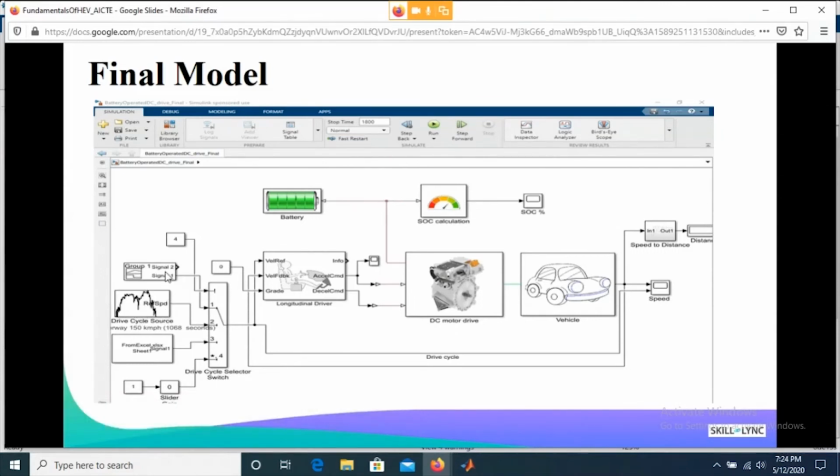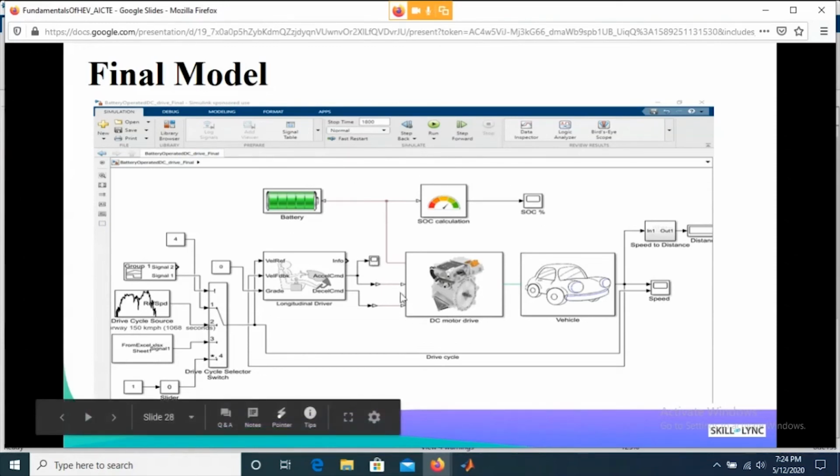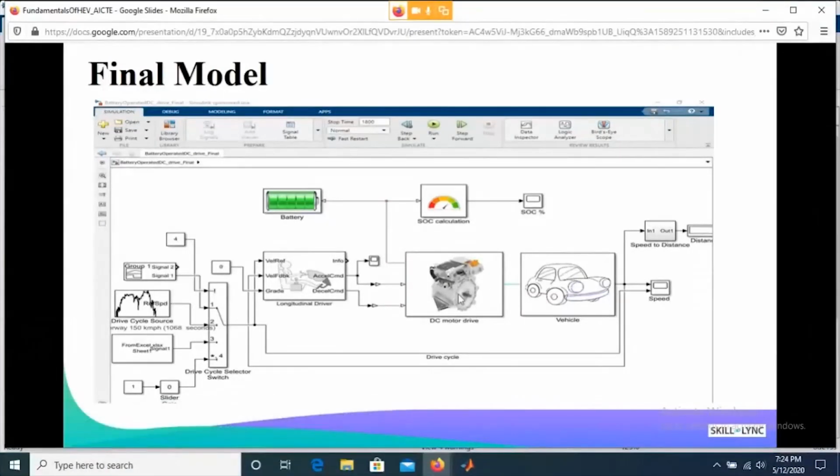This is my final model after putting in around 4 to 5 days of effort, trying to fine tune what is the power required by the vehicle, the power supplied by the motor, the energy capacity available in the battery, and how long I can travel, right? After matching all these parameters and fine tuning, if I show you my model, which is not exactly this subsystem, on all those pictures you will be able to see this model like this, right?